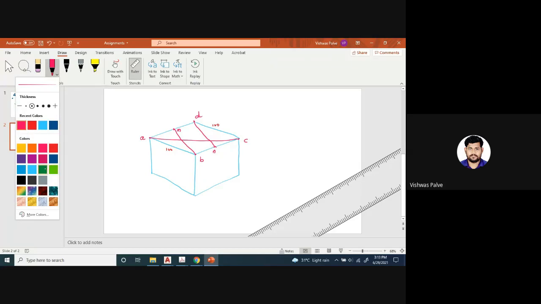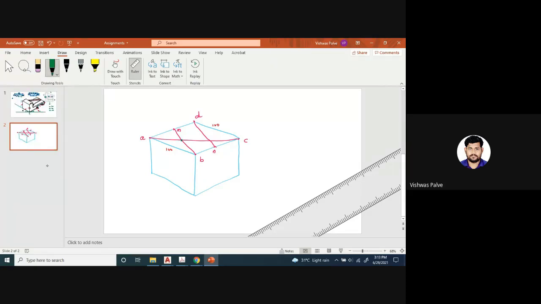After connecting those points, you will get two new points, the intersection of the diagonal and those lines. I will name this point 1 and this point 2. Now in the compass, please note it down, you have to take a radius equal to 1 to M. Take radius 1 to M and draw a curve selecting point 1 as the center. Draw an arc up to here. Similarly, 2 to N.